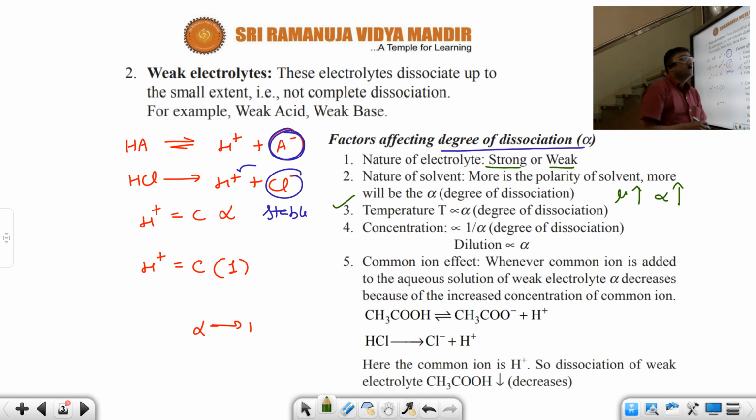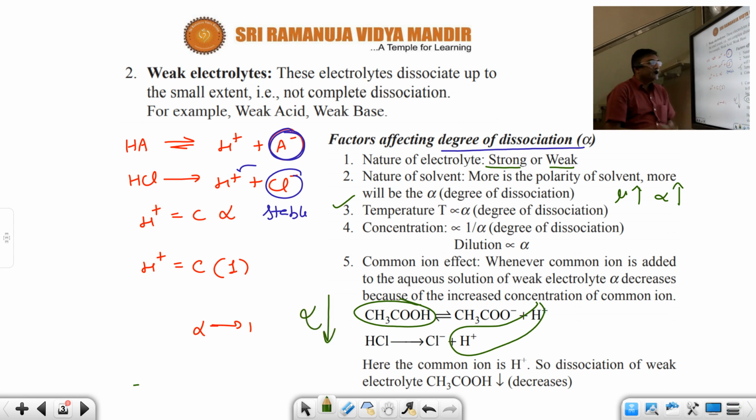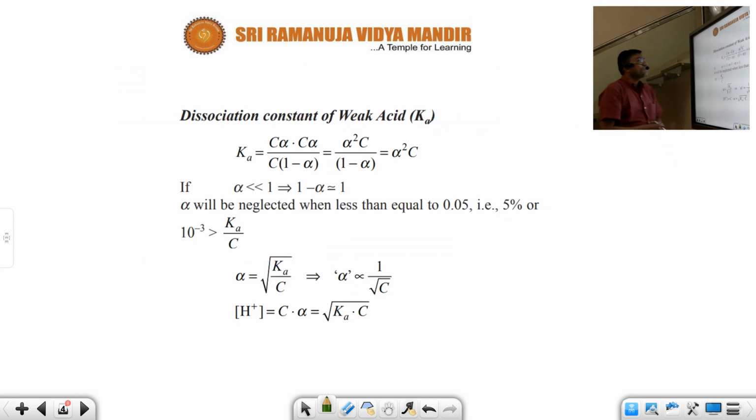When you increase the temperature, naturally dissociation increases. You have seen in the case of the ionic product of water that at 25 degrees centigrade and 40 degrees centigrade it differs. At 40 degrees centigrade, naturally the ionic product of water is more. Well, a common ion is going to influence the degree of dissociation. Because of the common ion, the acetic acid dissociation is suppressed. Naturally alpha decreases, it won't dissociate, because the dissociation is suppressed by means of a common ion.